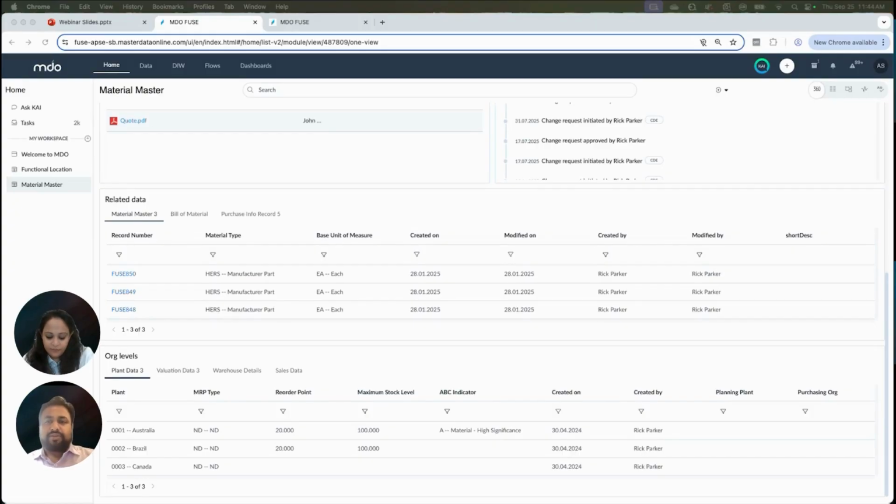Yes, so OneView runs on the base design of the MDO platform, which is designed for optimized search. We have indexing and caching done in the background, so you have quick searching and analysis of the data, even with the larger data sets. So there's a fast retrieval of information and drill down of the data, even with the higher volume from different environments or for any of the data sets.